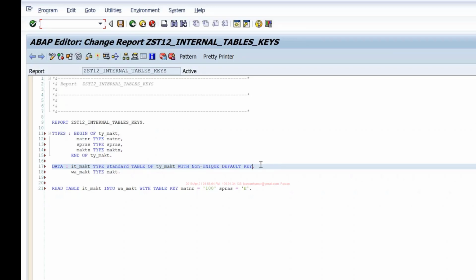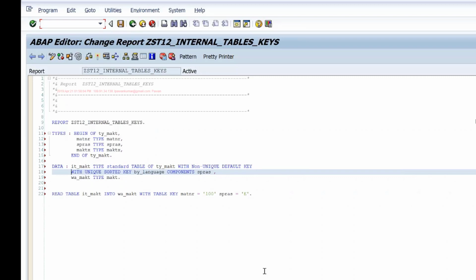Then I won't end my statement here. I can continue the statement by saying with, let's say, unique sorted key, and give the key name, let's say by language, components SPRAS. Okay, if I do my declaration like that, just to make it easily readable, I'm breaking this statement into 2 lines.